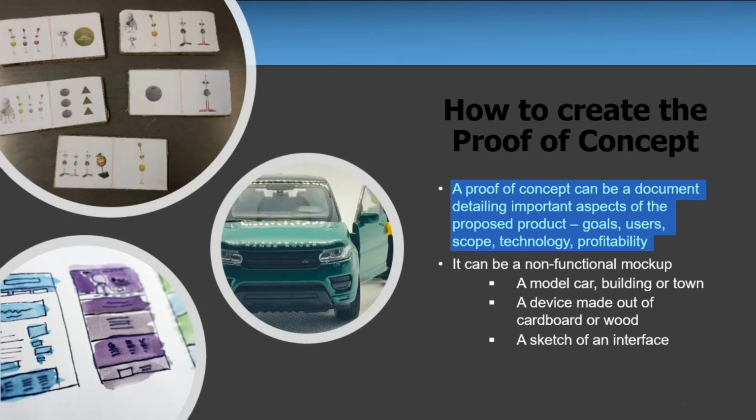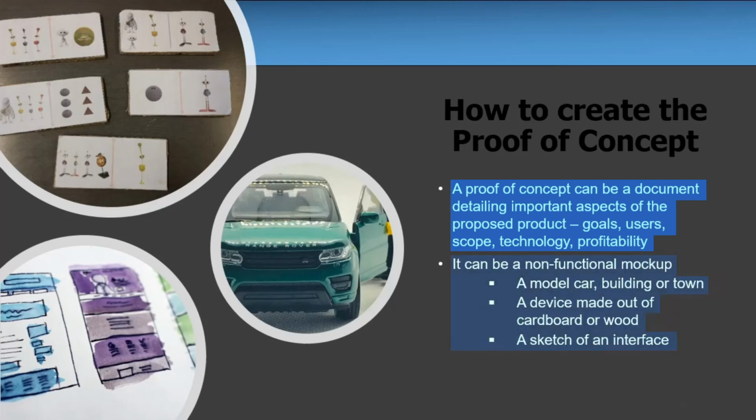You can also say not just what problems it will solve, but also what problems it doesn't solve. And then it's a good idea, if your product is a technology-based product, to talk about what technologies might be used to implement it, because that's something that people might need to know when they're deciding if it's something that they would use or not. And then, of course, it's important to mention and think about the profitability, because at some point you might be putting your proof of concept in front of potential investors.